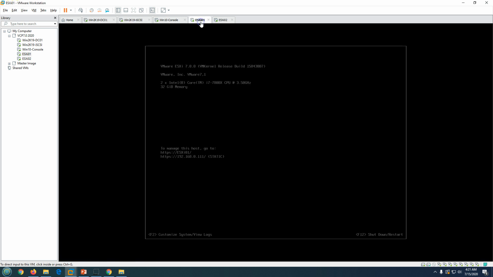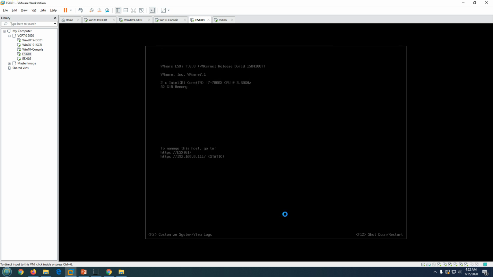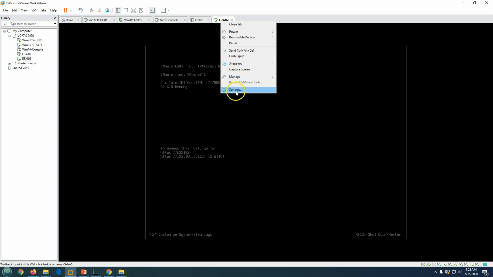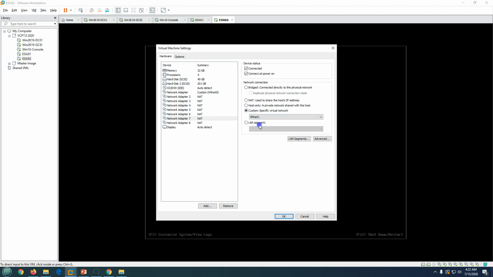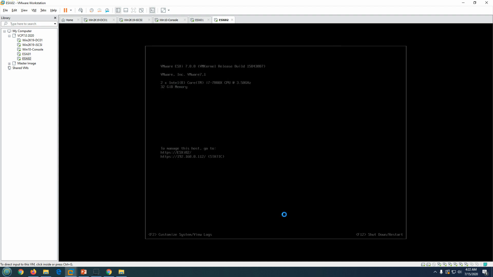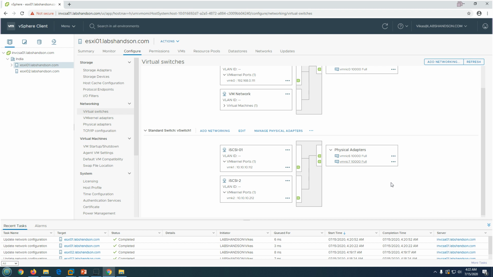So same I'm going to configure these last two ports on VMnet 1 for both the ESXi hosts, so they can communicate over the network. Just click OK, and same I'm going to do on ESXi host 2. So now both the NICs should be online. So if I go here, now you can see the NICs are online and showing me 10 gigs. So this is good,